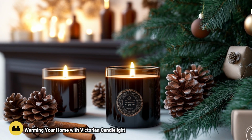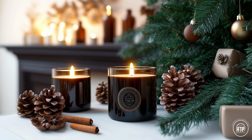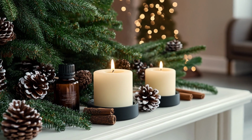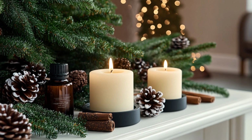Warming your home with Victorian candlelight. Candlelight was essential in creating the warm and inviting atmosphere of a Victorian Christmas. In the 19th century, rooms were softly illuminated by candles placed in ornate holders, sconces, and lanterns. To achieve this look in your modern home,